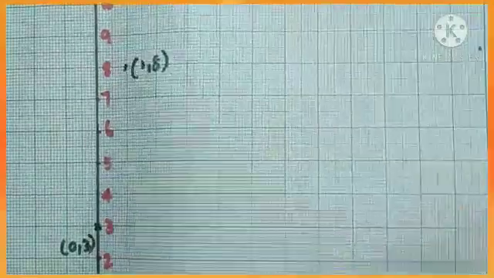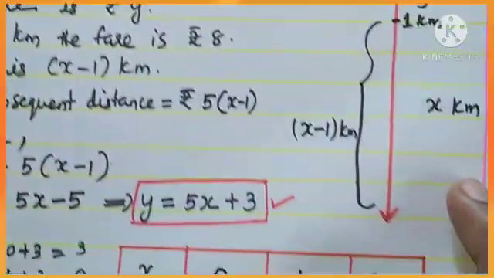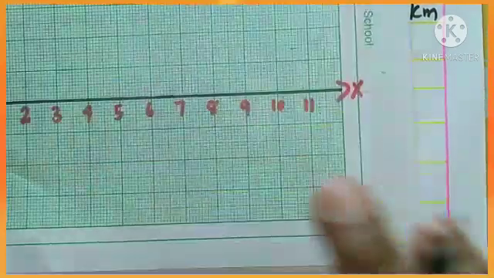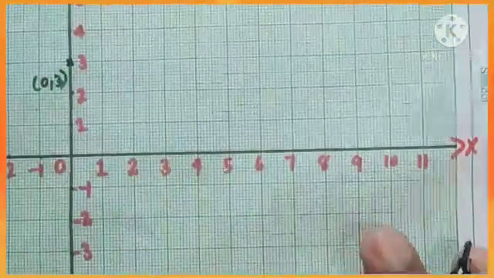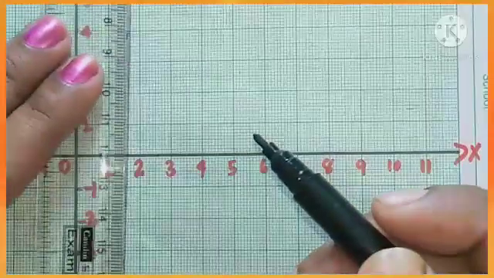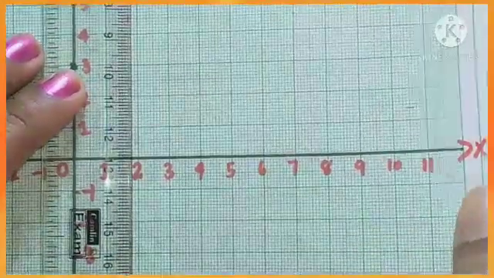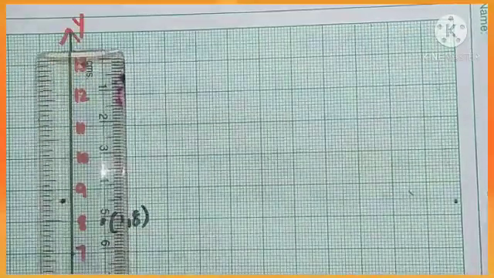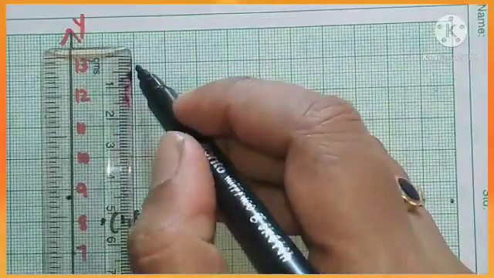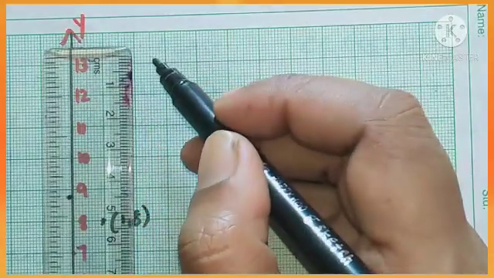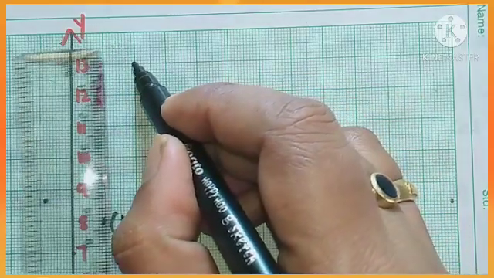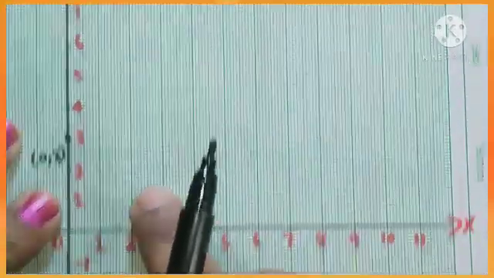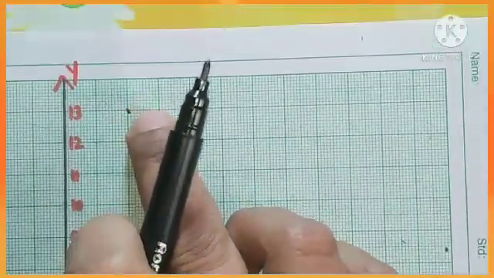Now our third coordinate is 2 and 13. Okay, 2, 13. x 2, y 13. So x 2 is where, children? So x 2 you want to keep a ruler, and y 13. So for y 13, you want to take 2 units from the y axis, that is this point. Understood? So x 2 and y is 13, this point.